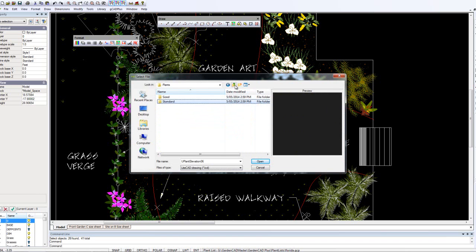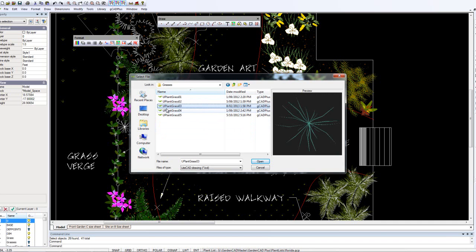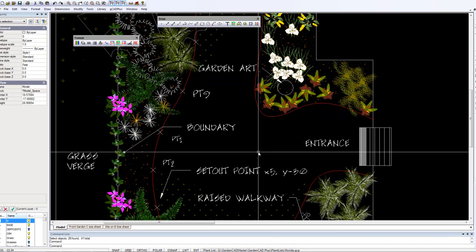Let's go up another level. We've also got a group of sized ones. So if you want to look at the grasses, they're there, different grasses. So you can scroll up and down within a folder by using the up and down arrow on your keyboard or with the mouse. So once we've selected one, we can say open, and that block that we've selected will